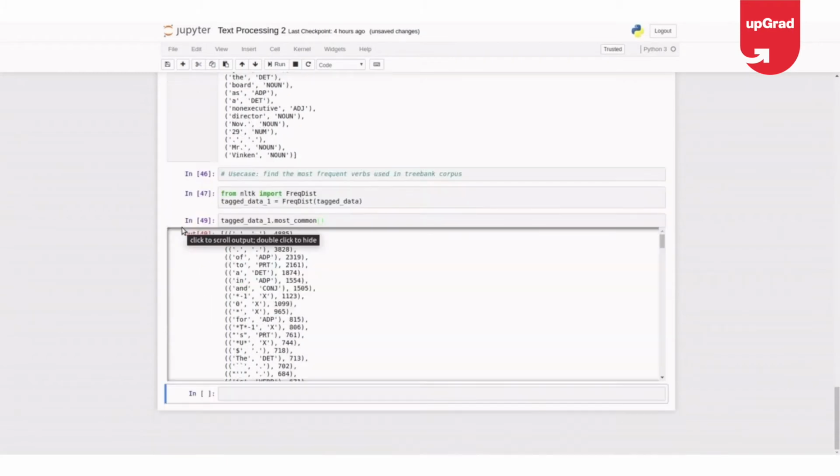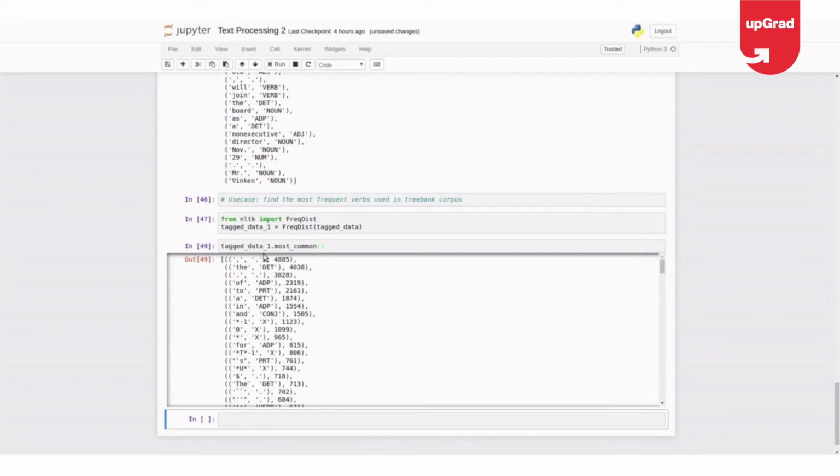So the comma has appeared 4885 times, the highest, and the 4038. And if you see, this is a dot, this is a det, an ADP and all.